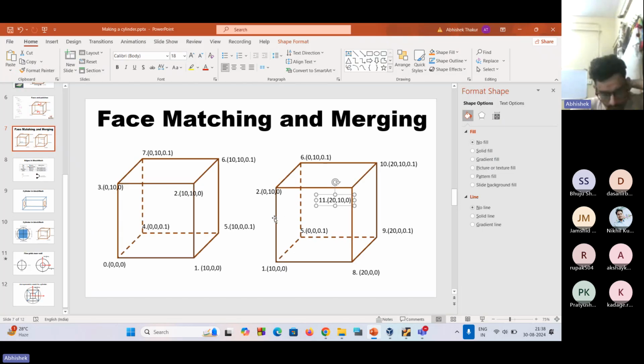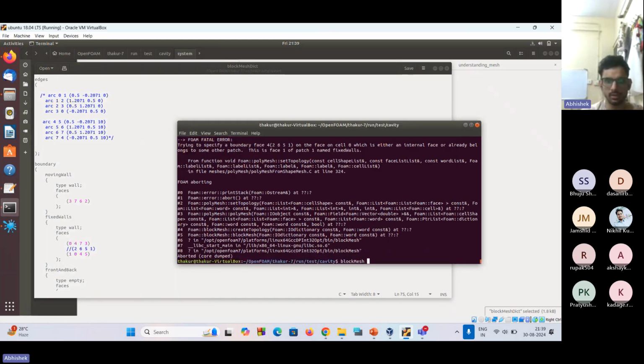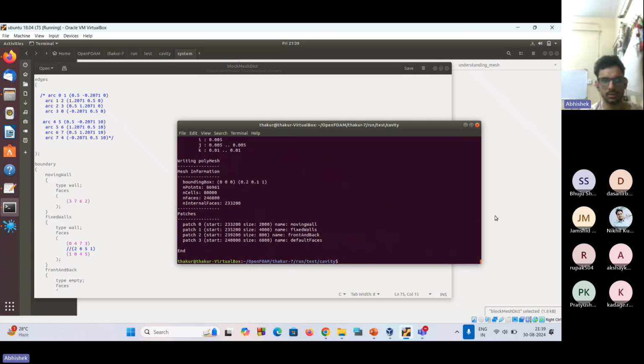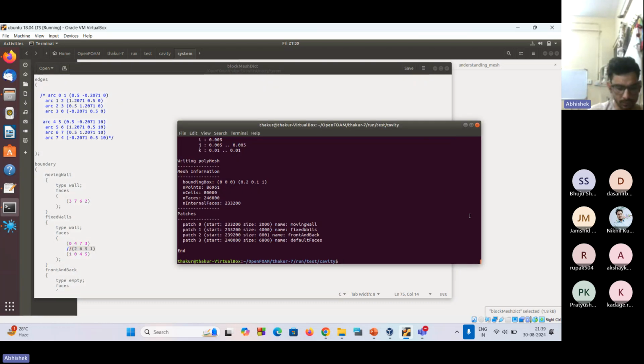The point that we are trying to tell here is when we are doing multiple block meshing, we have by default matching of the mesh between the two faces. So these connecting faces of the two blocks should be the same. If we comment out this, our block definition I think is correct, we should get this. You see now it meshes. The problem was we were trying to define an internal face as a boundary patch, which is the definition of the boundaries. We can't define an internal patch as a boundary. So if you look at paraFoam,